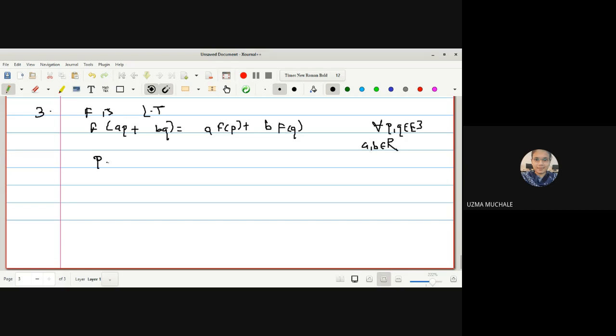Given that P has the coordinates, say, P1, P2 and P3, and Q has the coordinates, say, Q1, Q2 and Q3, P is equal to summation over i of Pi Ui. I can write it like this because any vector can be written as a linear combination of the natural frame field. So I can write Q as summation of Qi Ui. Right? Yes, ma'am.